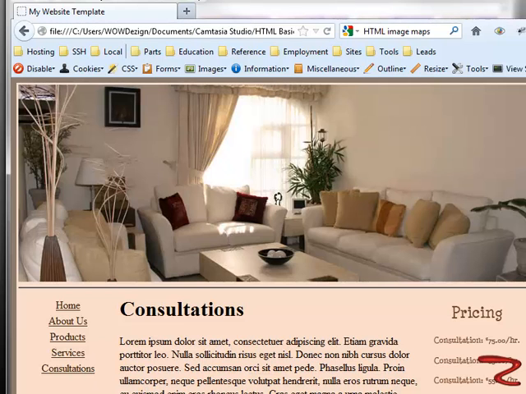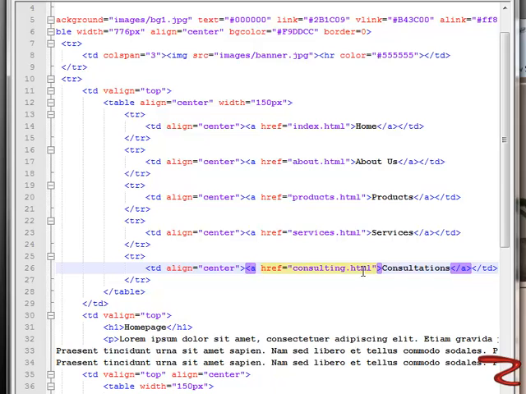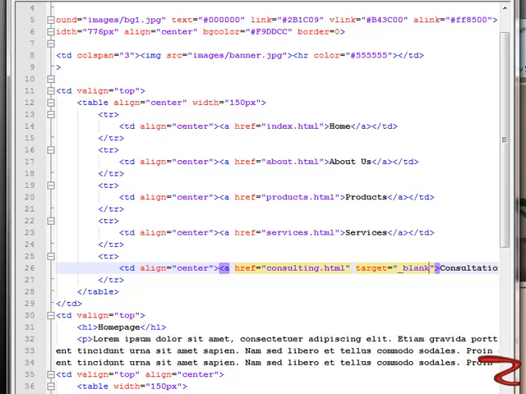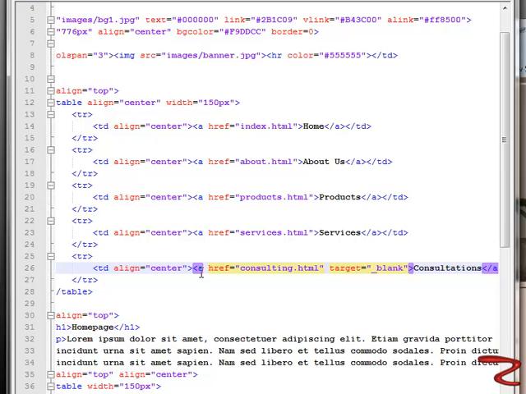So it's simply a matter, like I said, of setting an attribute on, in this case, since it's a text link, on the anchor. And the attribute that you set is called the target attribute. And the value that you put for the target attribute is underscore blank. And if you set that as the value for the target attribute on an anchor, which is the tag or the element that you use to create a link,